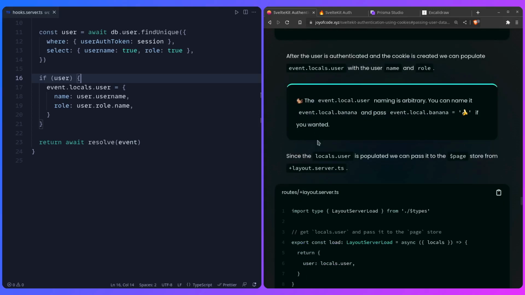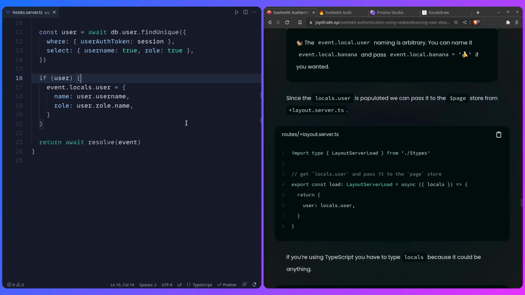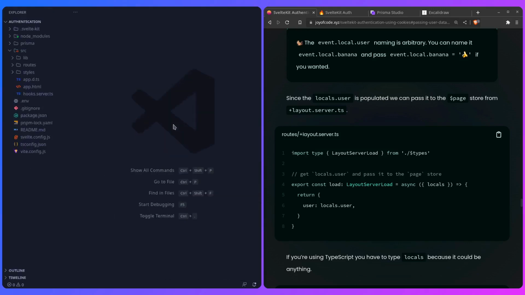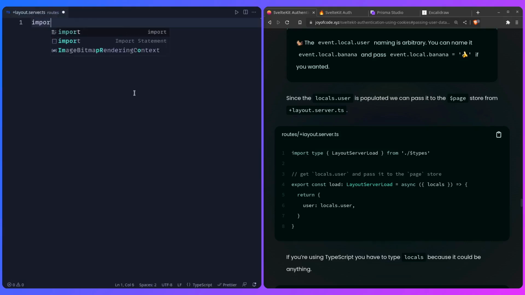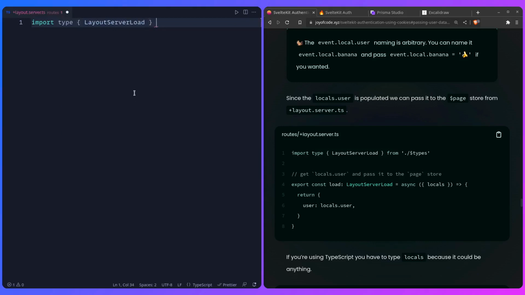So since the locals user is now populated, so it's available in the load functions, we can pass it to our application and to the page store, right? And we're going to do this by creating the layout server TS file. So we're going to create an endpoint for this. And this is already done for the hooks file. We can close this. And in routes, we can just create a new file and we can say layout.server.ts. Let me just close the sidebar and I can say import type LayoutServerLoad